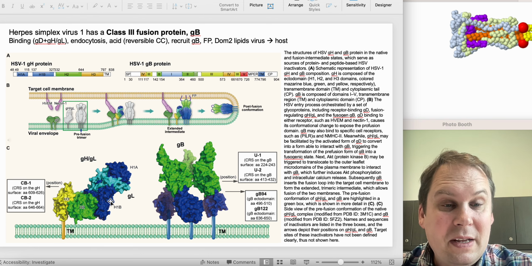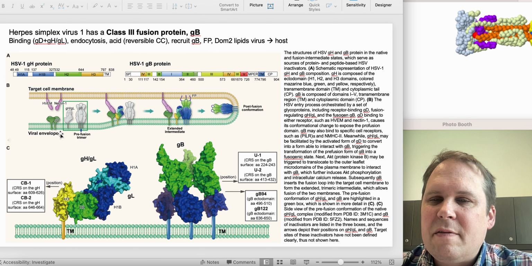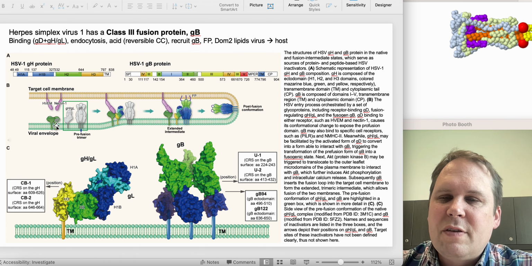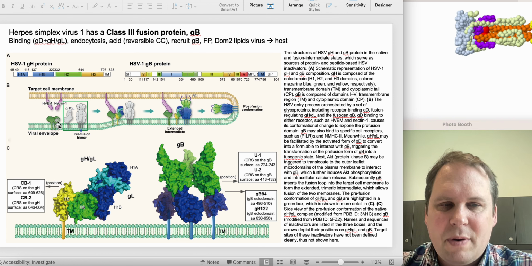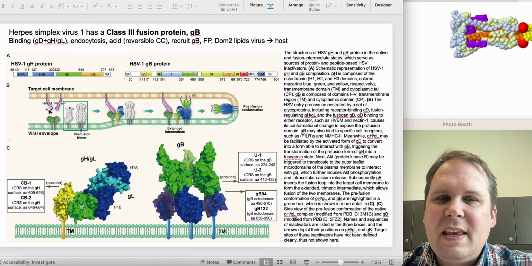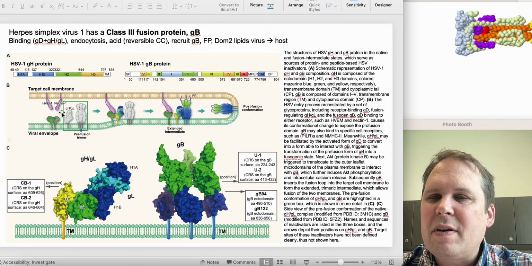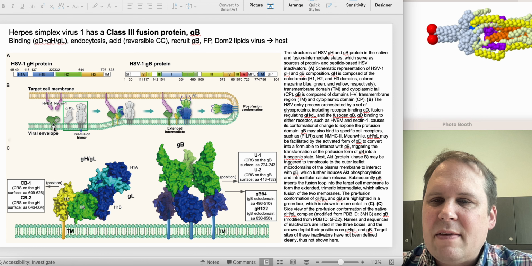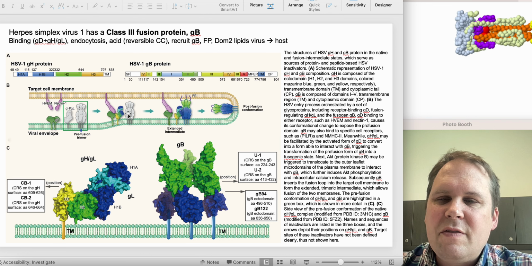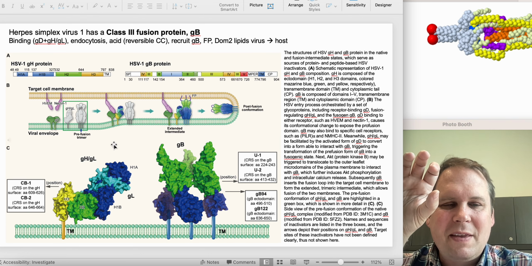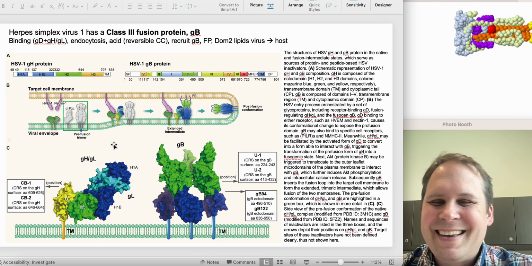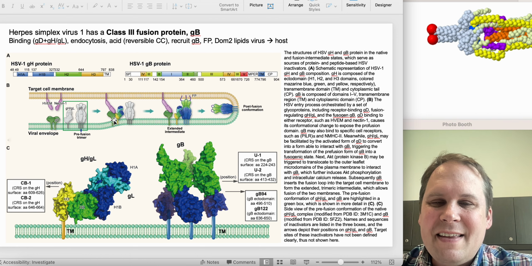So how does it work? Well, our virus is going to bind, and it actually uses several different proteins that are going to work together. So GD is the main receptor binding protein. It's going to do the attachment. And the main receptor is HVEM, and the co-receptor is nectin-1. And so GD is going to bind those, and that is going to bring in the GHGL. So GD holds on to something, and then GHGL comes over onto the side and it's like, oh yeah, me too. I was totally doing this. All right, so now that we've got that,